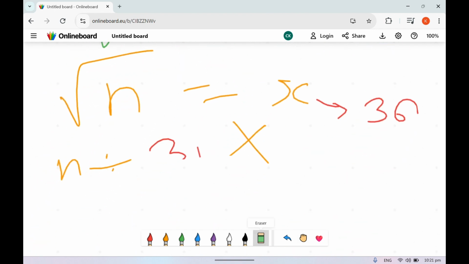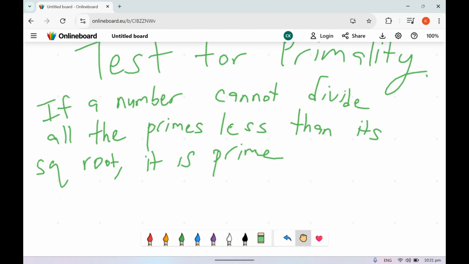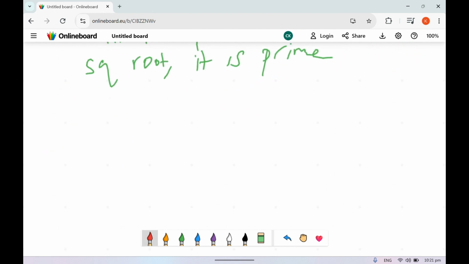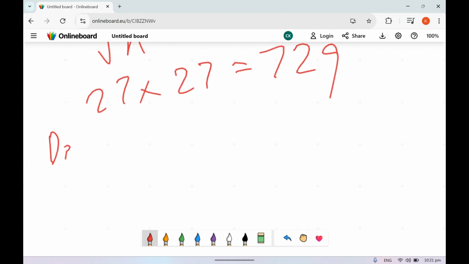Okay, so now let us see why this works. Why do we just need to divide all the primes less than the square root? Let's say the square root of n is 27, right? Then n is 27 times 27, which is 729. So if I'm asked to determine whether 729 is prime,